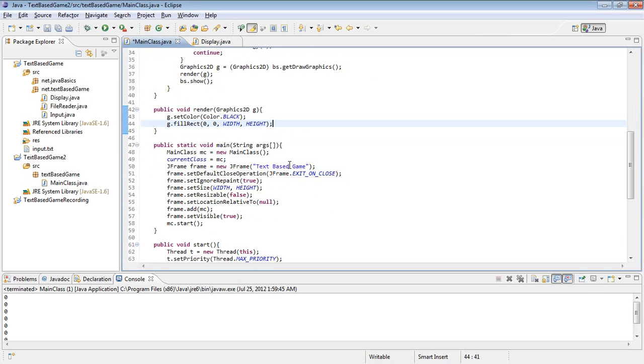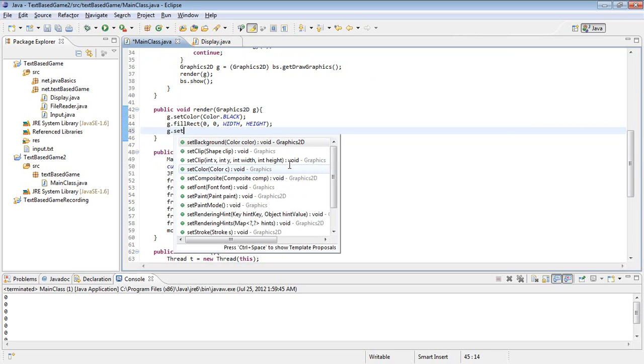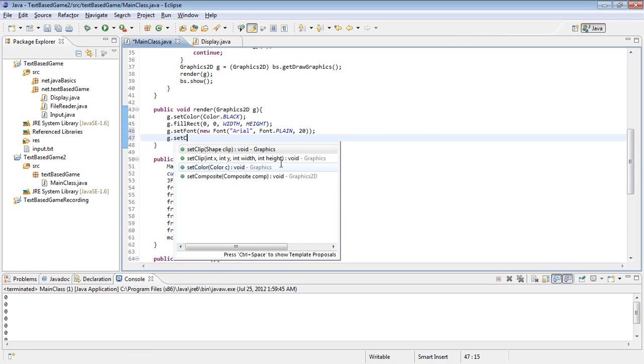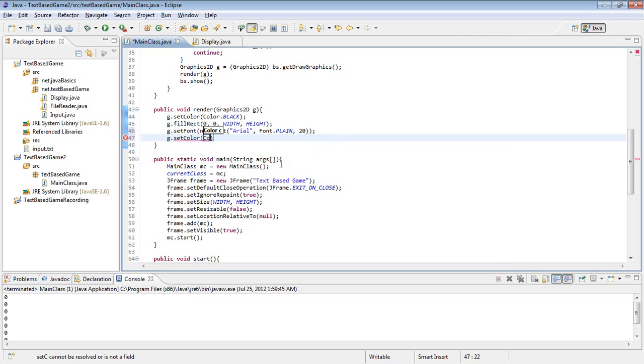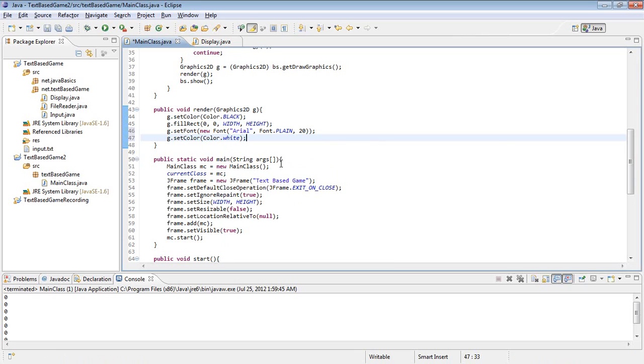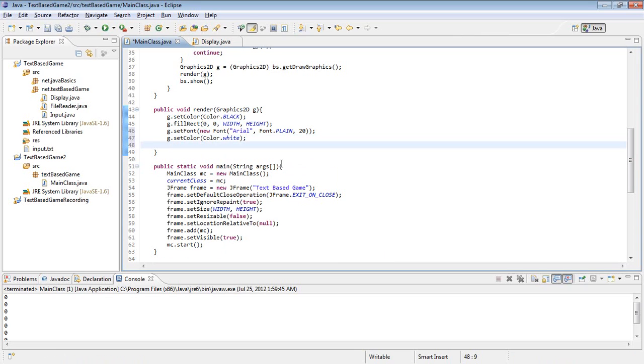So we're going to set the font, g.setFont, new Font, and I like Arial. Then the size of the font, I think. Oh well, we'll see. Actually no, Font.PLAIN, let's just keep it plain, and then I'll do like 20. And then g.setColor, Color.WHITE, and then for